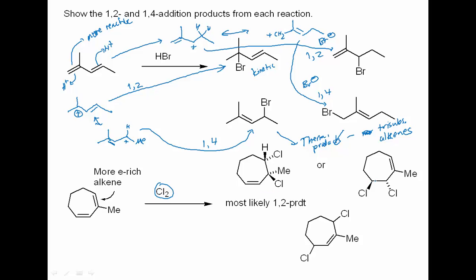Okay, this is the other 1,2 addition product from attacking the di-substituted alkene. Again, if we wanted to predict the thermodynamic products, it would be a tough call between here and here